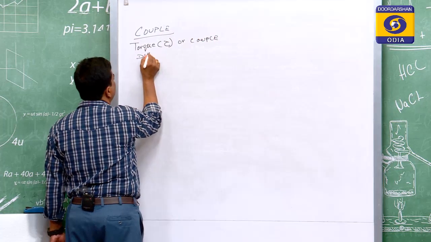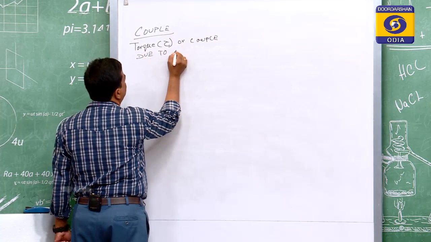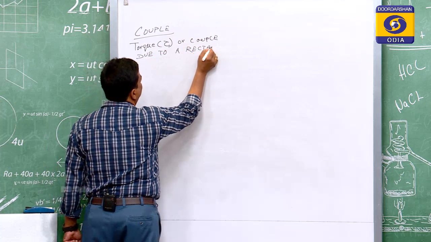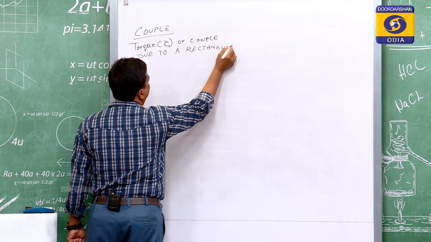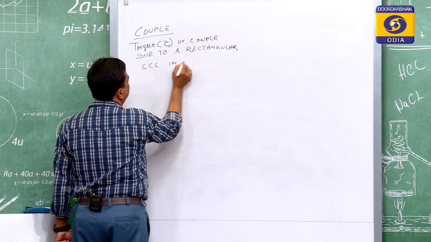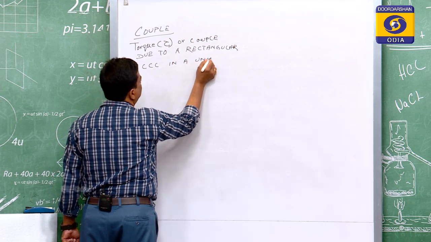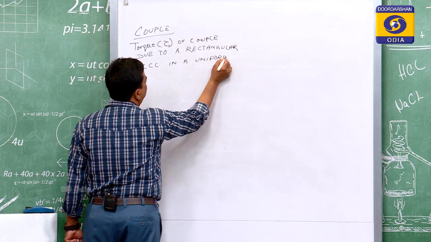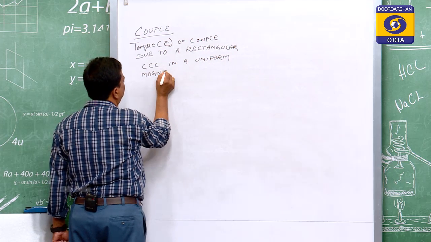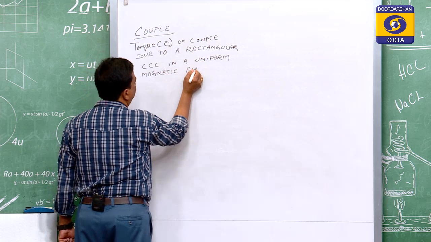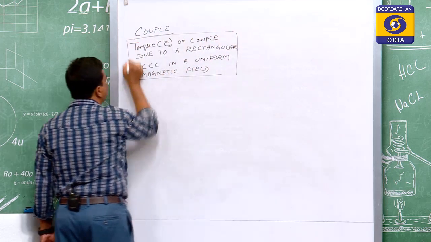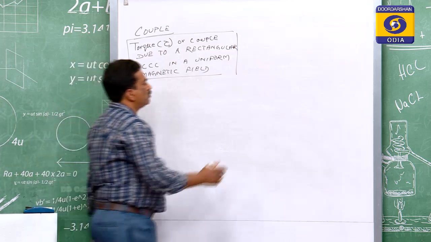due to a rectangular current carrying conductor in a uniform magnetic field. In a uniform magnetic field. For this we are going to discuss. So, let us have